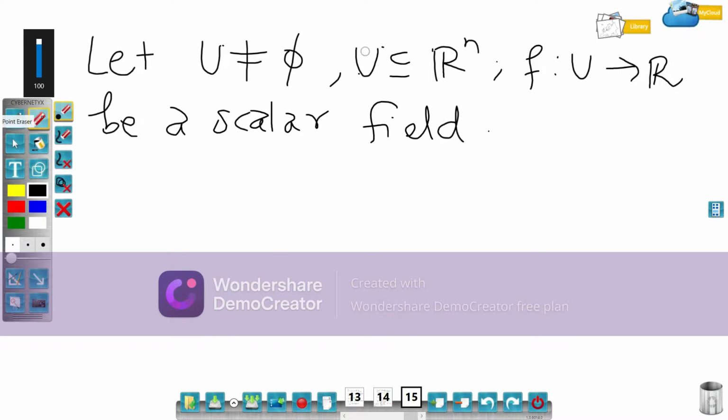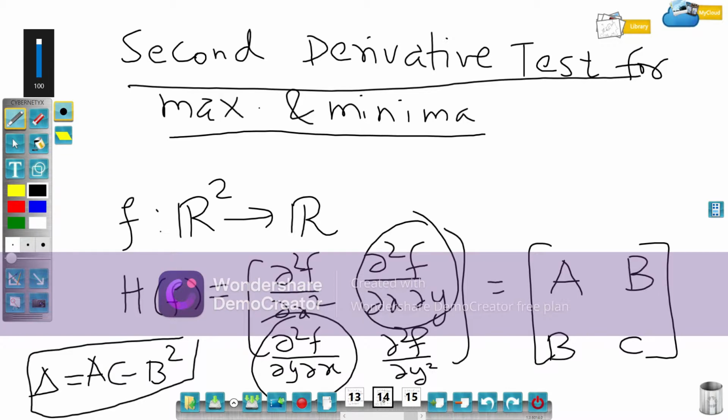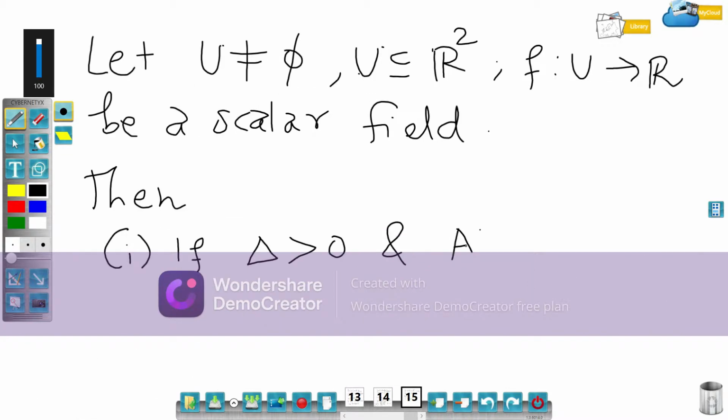So instead of Rn, I will be particular, so it is R2. Let f be a scalar field, so f is basically a function from R2 to R, right? Then number one, if delta is greater than 0, and here a means the double derivative of f, and a is greater than 0, then